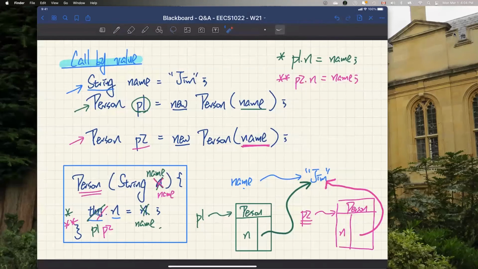Professor, may I ask one more question? Go ahead. With this scenario, what if you also add another string in between the object creation of P1 and P2? Like name1 is equal to also Jim, and then you put name1 as the argument for P2. Then it's pointing to also Jim, but is it a different Jim? Yeah. You know what, Michael, it's a very good question. However,